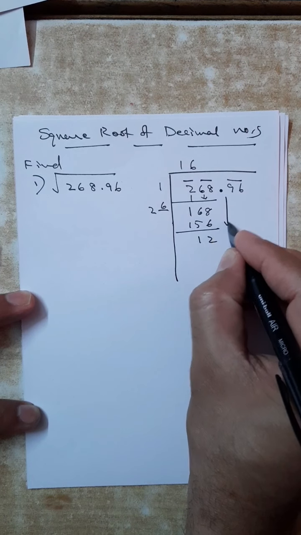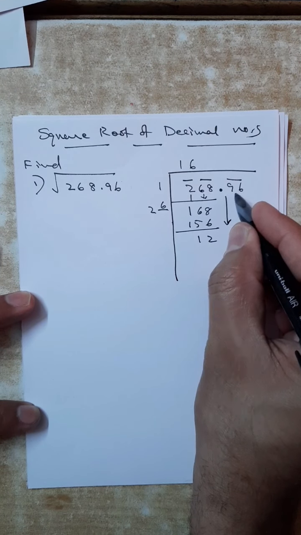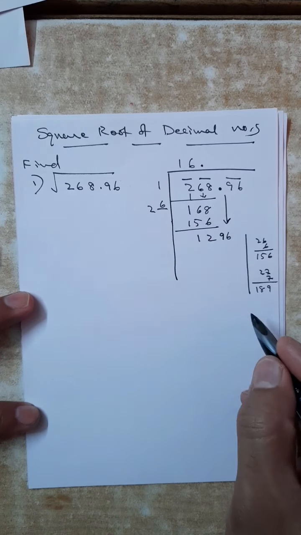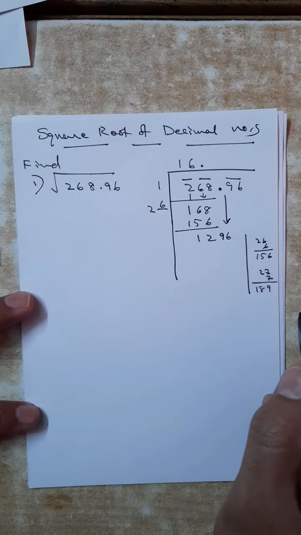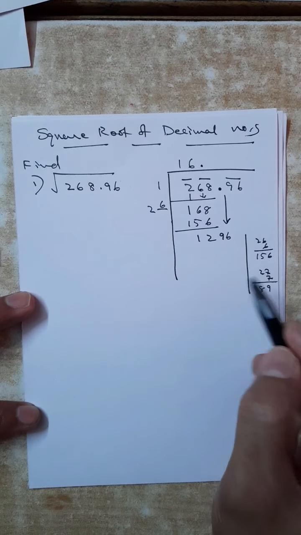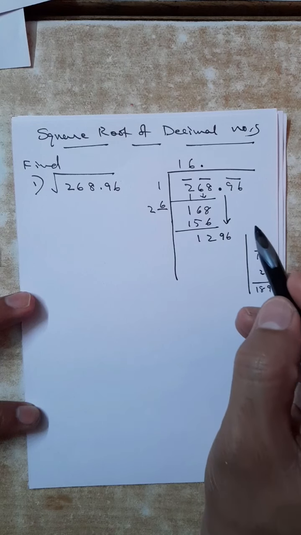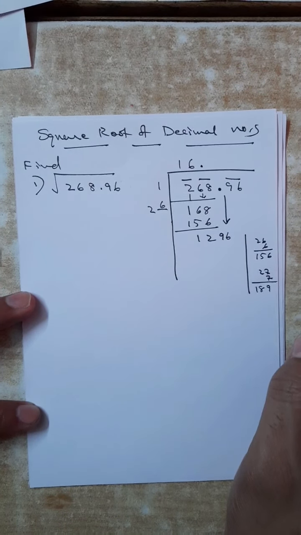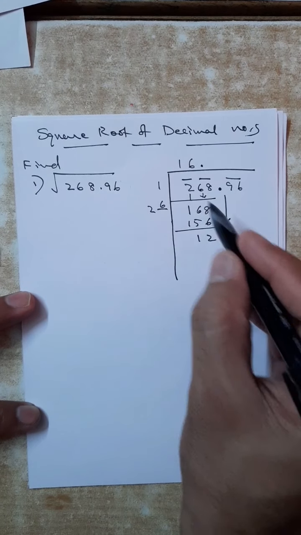Now next group means decimal area. So we can bring it, but at the same time we have to put the pointer. That is the only thing here for a decimal number. First thing is about grouping, and then second thing to remember is as soon as we start the decimal area, we have to put the pointer. Now all the other things are same. So next group is ready.